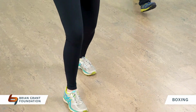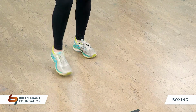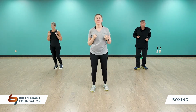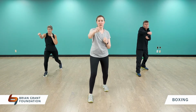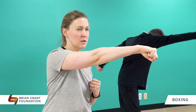Right hand jab, left hand jab, right hand cross, right hand cross, left hand cross, left hand jab, left hand jab, right hand jab, right hand uppercut, right hand cross, left hand cross, left hand jab, left hand uppercut, left hand jab,